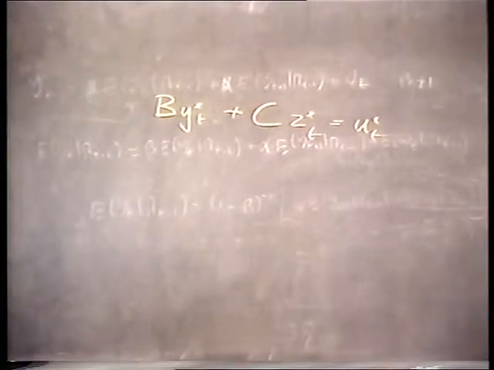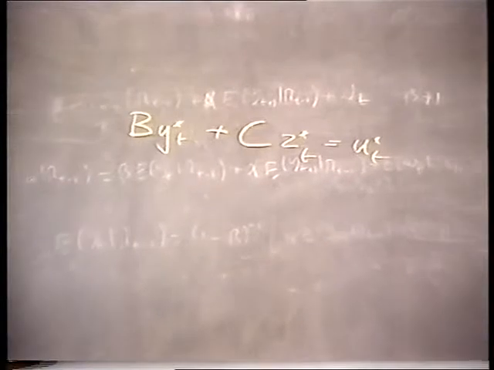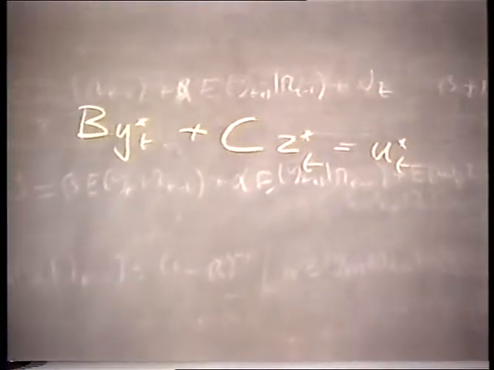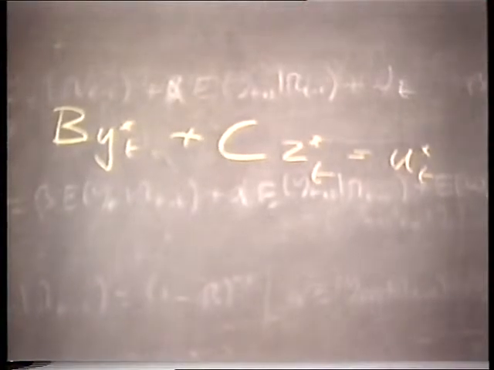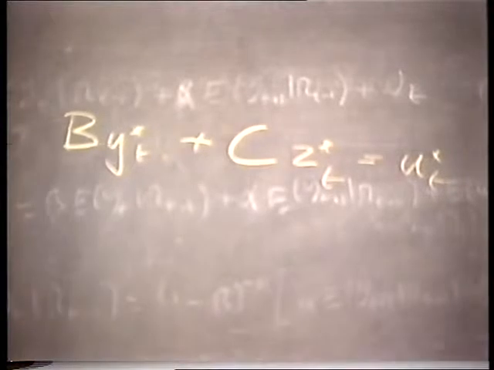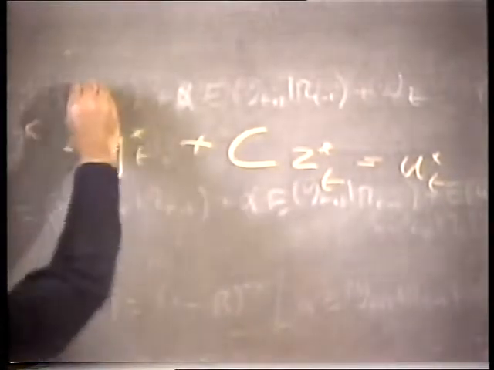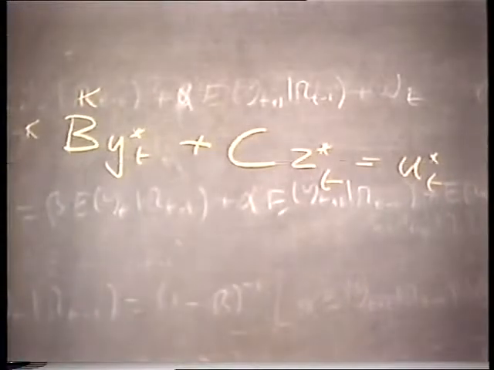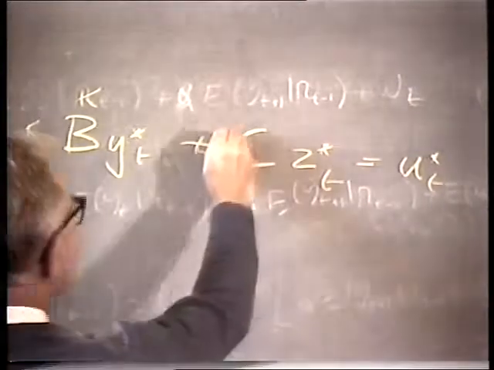The only reason for putting stars on these variables is that later on I'm going to transform them linearly to other variables, and it's at that stage convenient to have non-starred variables for the transformed variables. So these are the original variables of the model. Here we have a k by k square matrix. The y star t are the endogenous variables. C is a k by h matrix